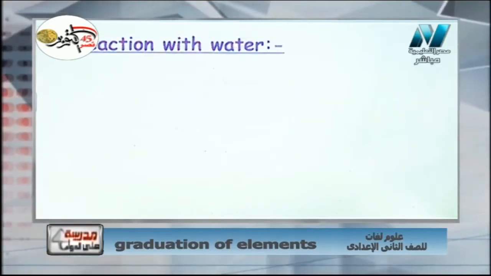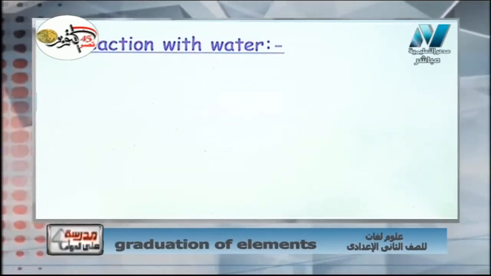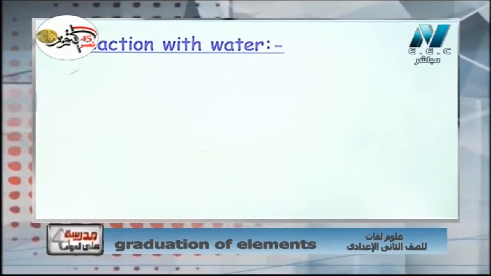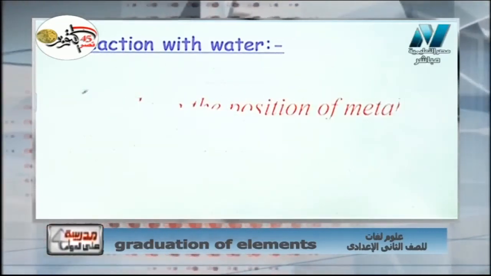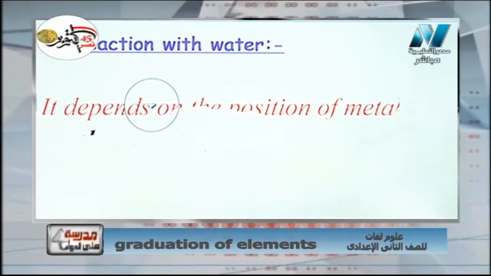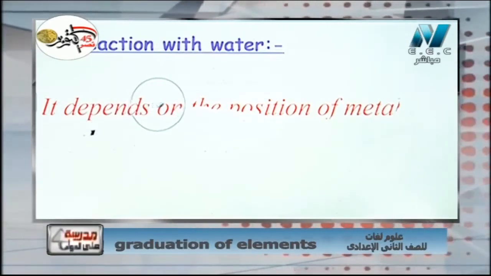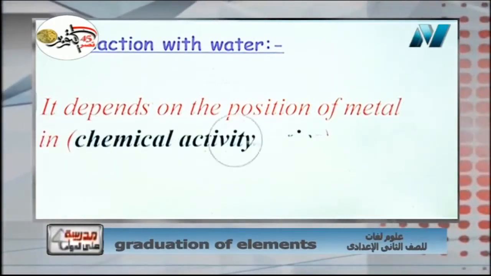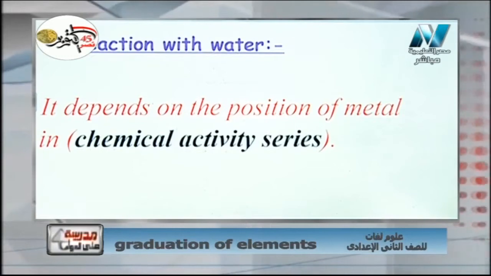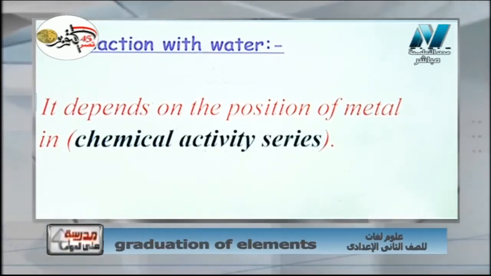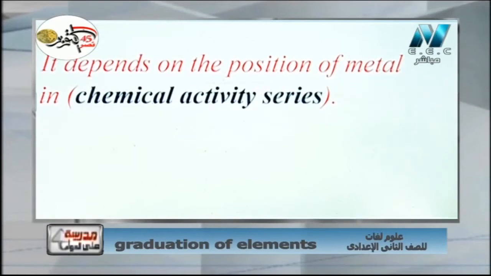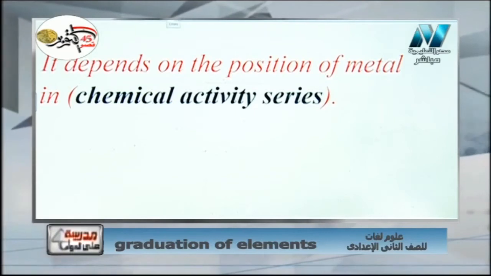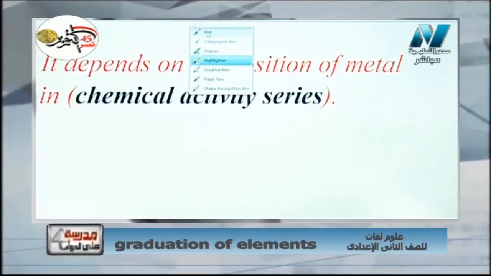The next one is the reaction of metal with water, as we have here: magnesium oxide with what? With water. Here we have the reaction of metals with water. It depends on the position of metals in the chemical activity series. What is meant by chemical activity series? The word series means متسلسلة and chemical activity means نشاط كيميائي. So what is meant by chemical activity series? I will say it is the arrangement